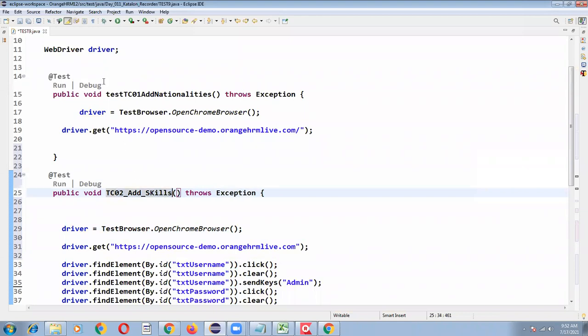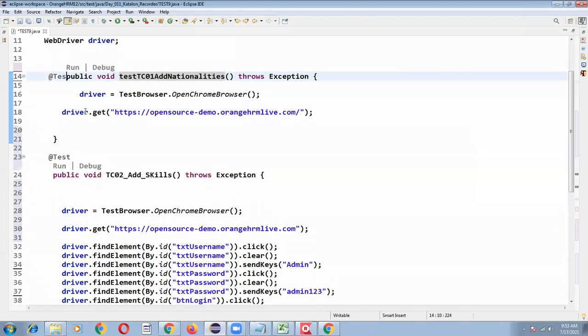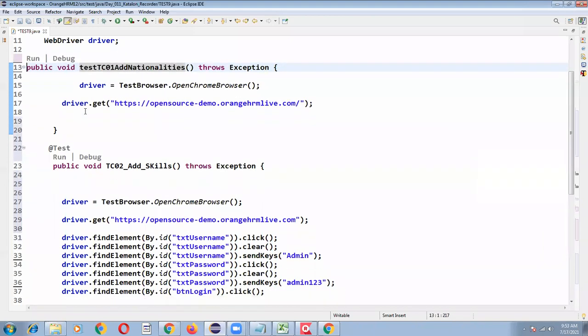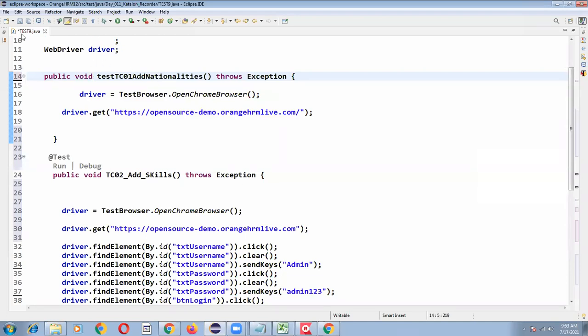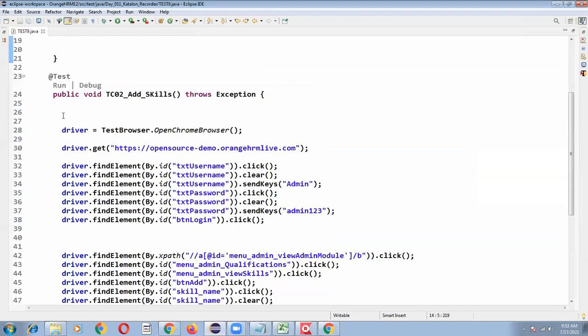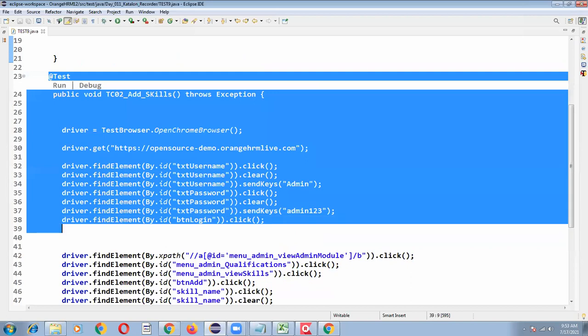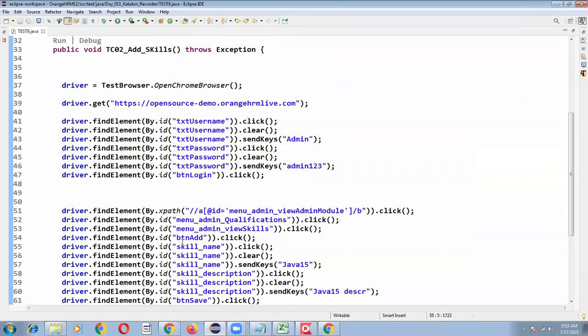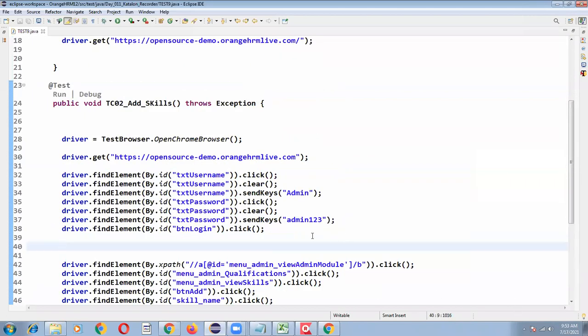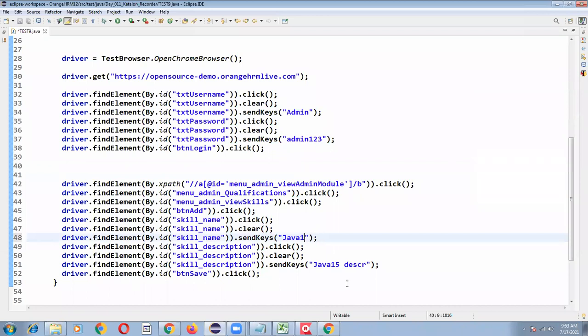I'm not writing @Test here so that it won't be executed. Your TestNG class contains the test method, and the main method will be executed. Let me run my program. I had given Java 15. This time I will give Java 16 and Java 16 description. Let me run my program.